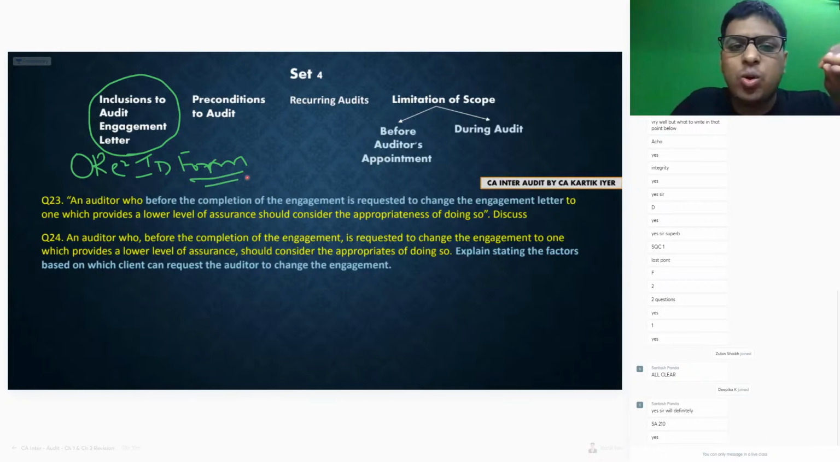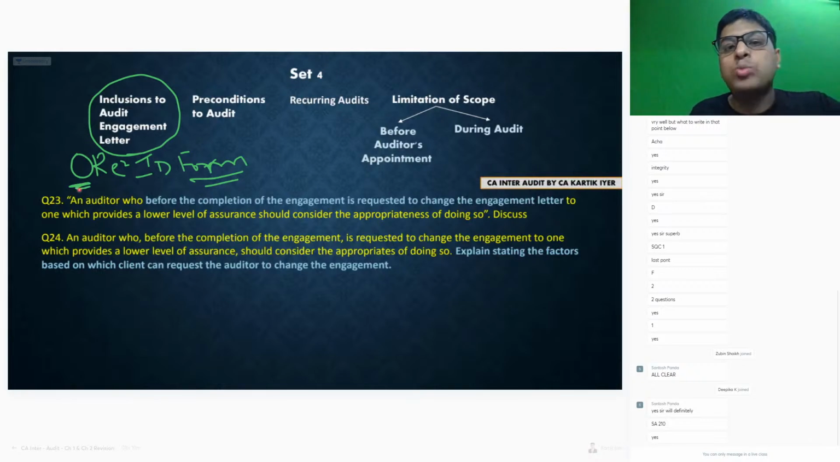See this. ORID form. ORID form. ORID form. Sir, what is this song? Sir, I didn't understand. What is this song? This is nothing but